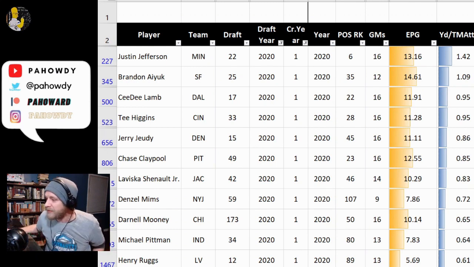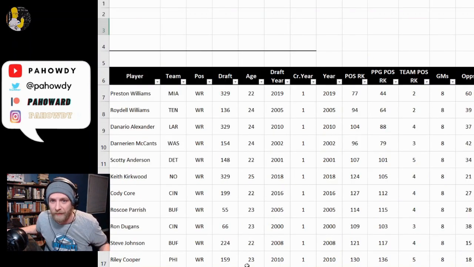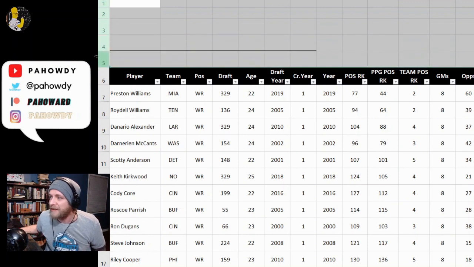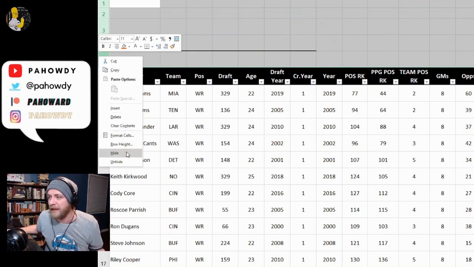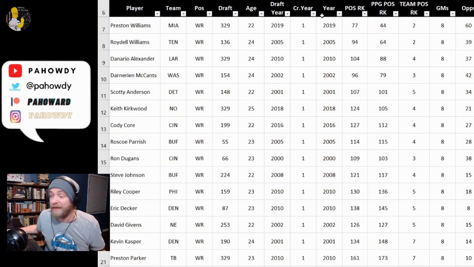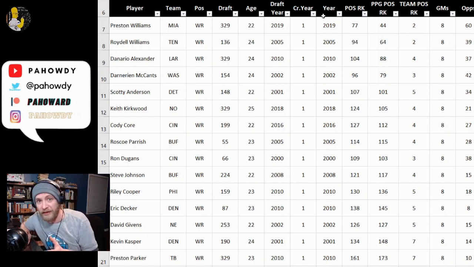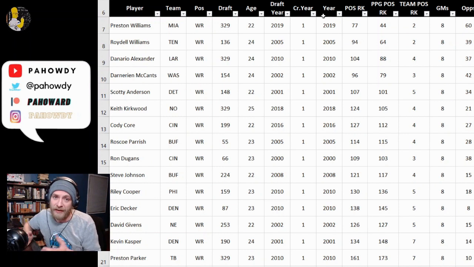So, essentially, what I did to test rookie stats to find a baseline understanding of what rookie stats can tell me is I got a list of players drafted from 2000, so if they were drafted in the year 2000 all the way to present day, 2020 class, right? If you're listening in the future, that isn't present day, but the 2020 class is the last one to go through the NFL draft. So I just got a list of all of those rookie wide receivers, and then I